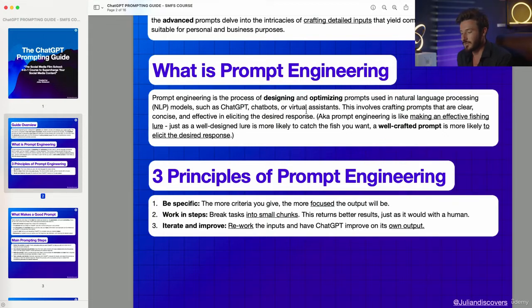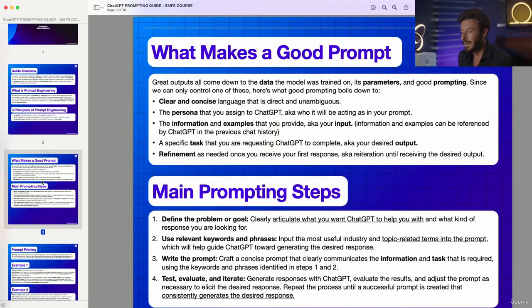Just like if you want to, let's say, grow 10,000 followers on Instagram, that's a large task that you can break down into posting consistently, creating content that's in a niche and aligned with your target audience, and many, many other specifications and specifics that you would do step by step. So prompting works the same way. And the last principle is iteration and improvement. You can rework your inputs to improve on ChatGPT's output,